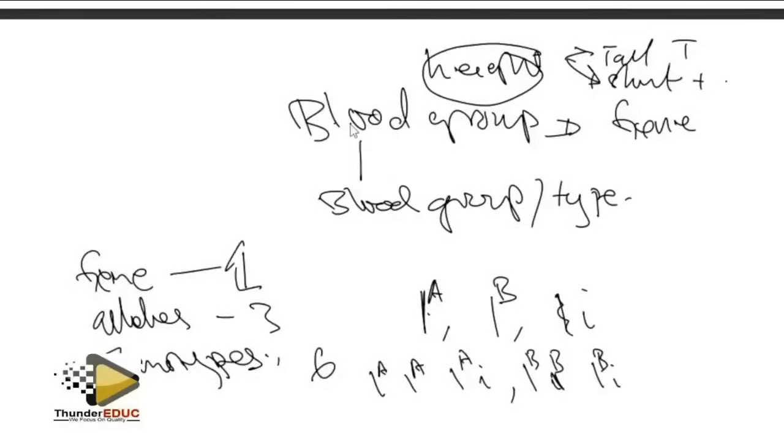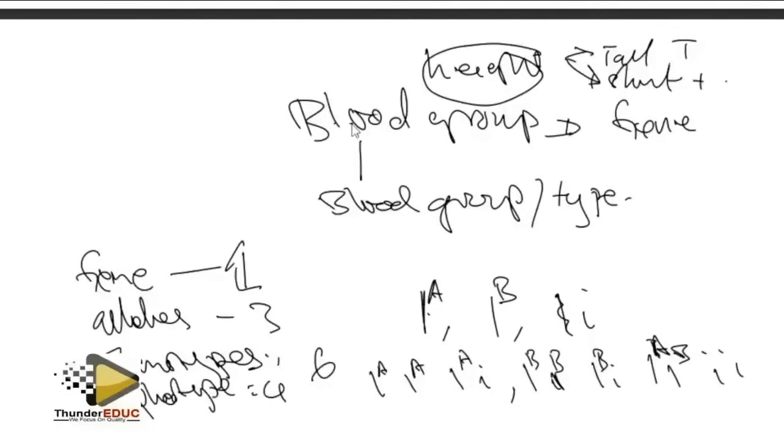That's 1, 2, 3, 4. Then you have A, B, and then you have that for O. So 1 gene, 3 alleles, 3 genotypes, and then phenotypes,